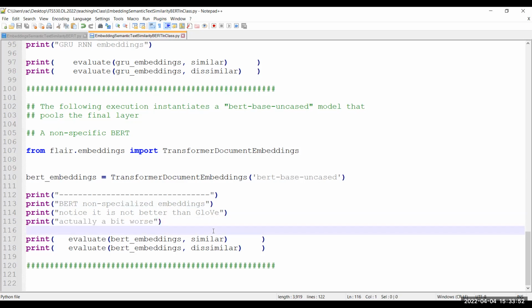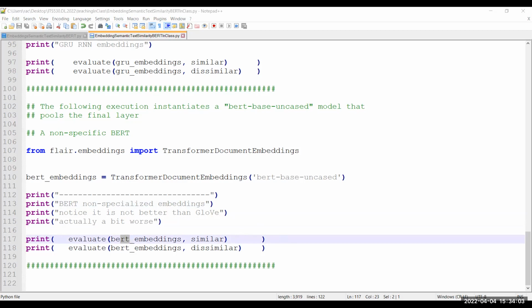which kind of proves that the general pre-trained BERT without fine-tuning is not better than normal word embedding. So then we give it the BERT embeddings, similar and dissimilar, and we're going to run it. Hopefully this will run. Okay, it's thinking. Okay, great, we've got some results, and you can see that the difference is 0.90 for the similar,